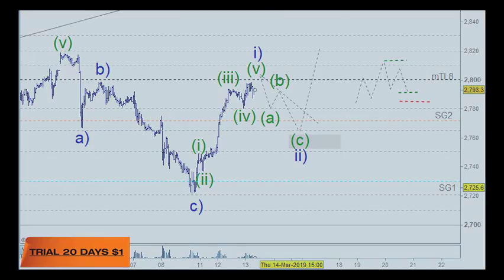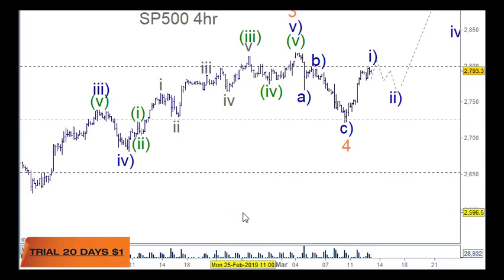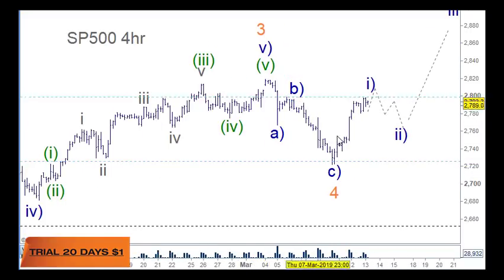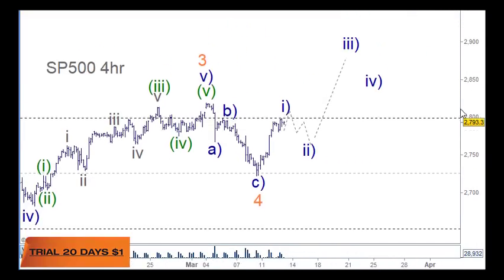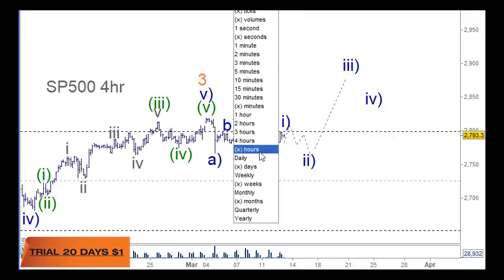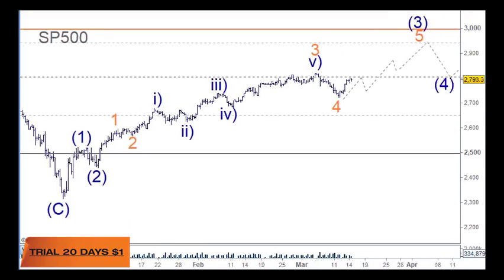So let's just pull out a little bit further and have a look at the bigger picture here. So I think we can go to the 4 hour chart. So yeah, looking at this here as an A and a B and a C, and this is 1 and 2 here, and then we'd be looking for 1 and 2 and 3 and 4 and 5 to the upside here. I'm calling this wave 3 here and this wave 4 here. And if we pull out further now to this area through here,